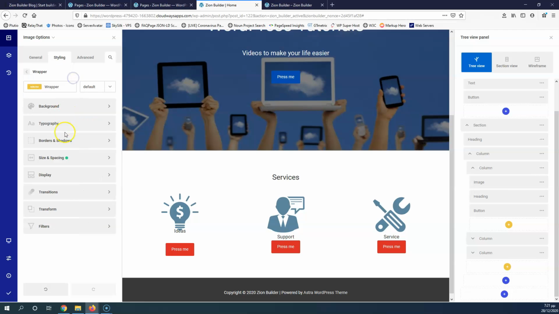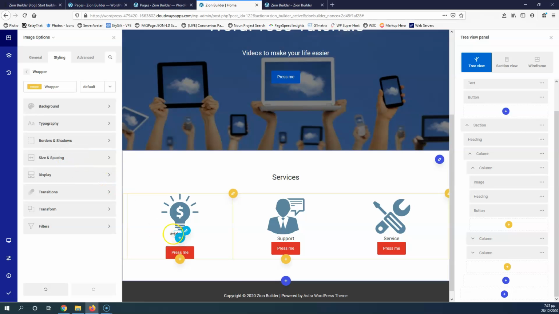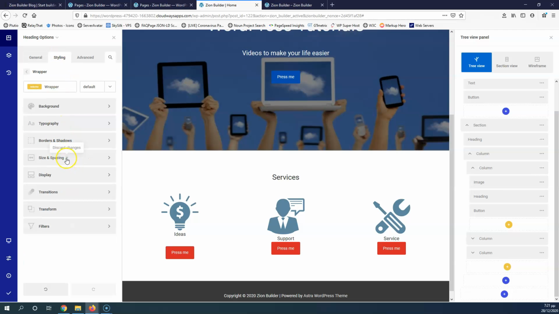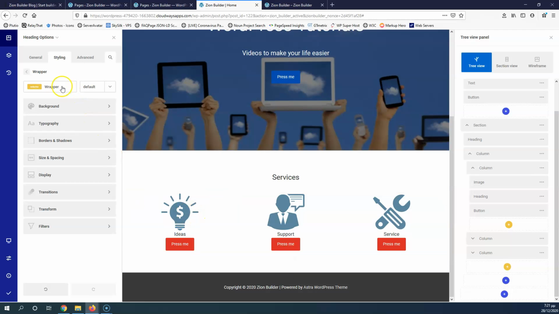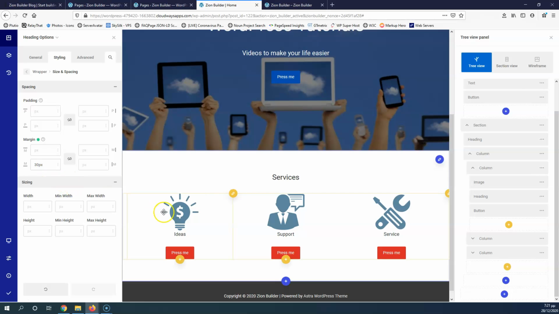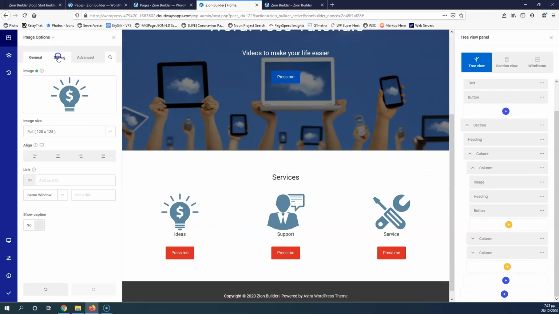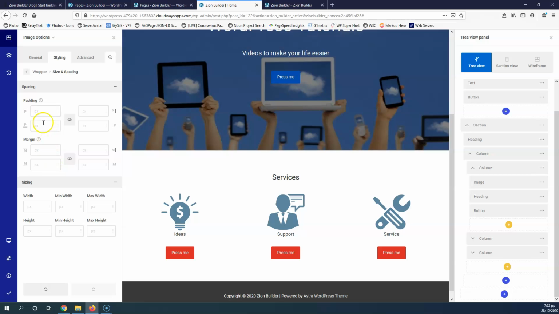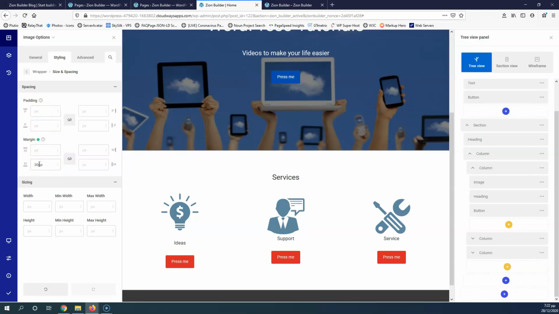So let's go into the wrapper and then into spacing, and I'm going to delete that, and then ideas, right click, edit that, and styling wrapper, and here I'm going to click that. Okay, now if I want to put some margin underneath and across the 3 columns, I have to select the services heading, select sizing and spacing, and here I have to put the margin to be 30 pixels, as we said, 30 pixels. And then let's go for this and styling and wrapper and sizing and spacing, and let's go for the margin 30 pixels. So it will go something like this, but I forgot to